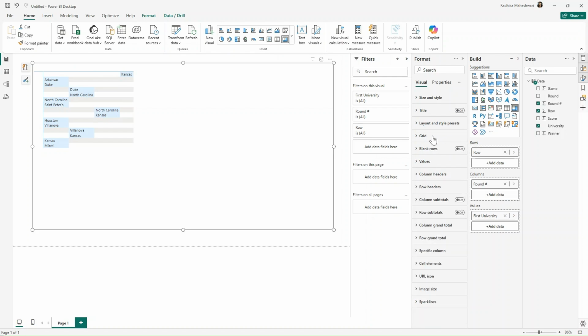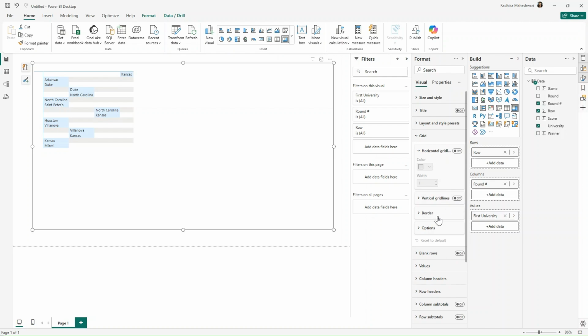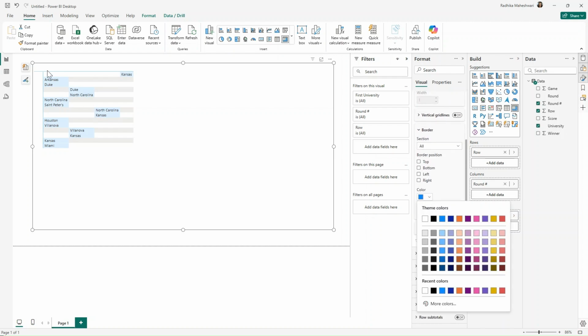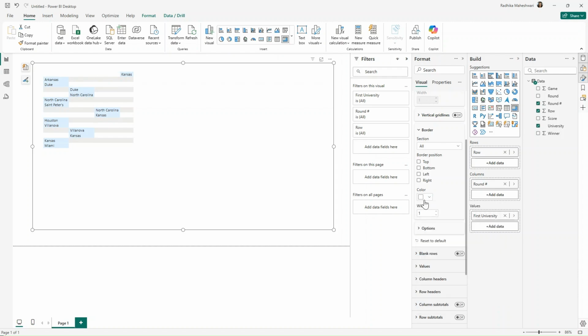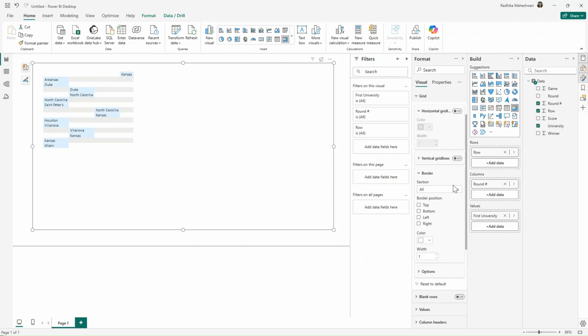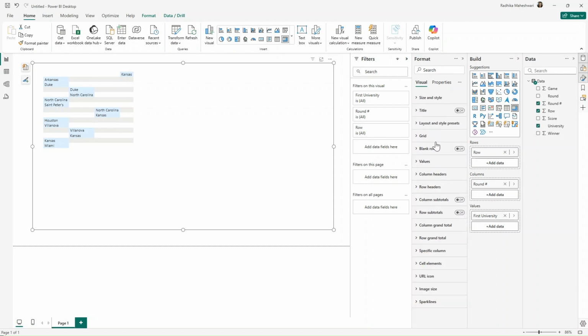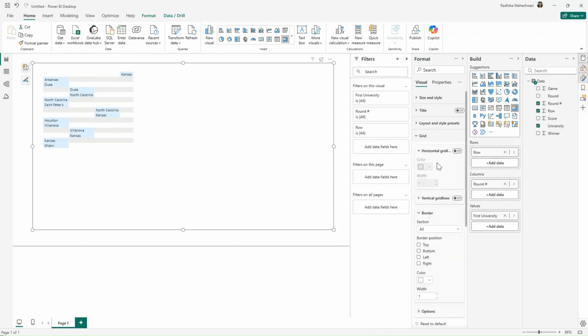And going into grid, in the border section, we don't want a blue border. So let's change it to a white color so that it gets mixed up with the background. Now we want the horizontal grid lines because there is a space in the challenge in between these two text.